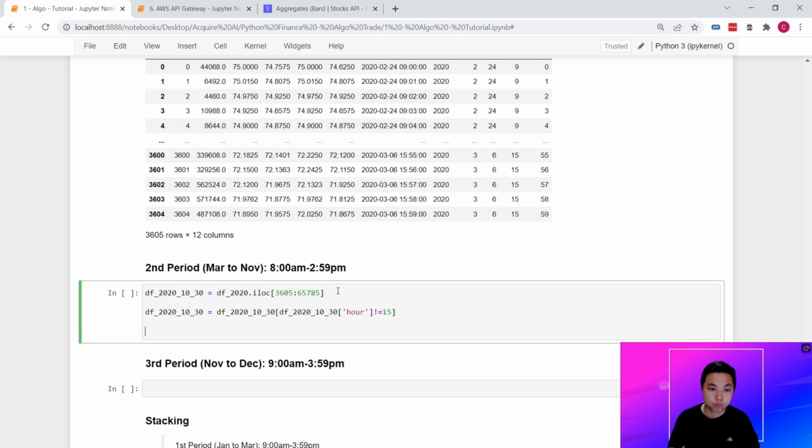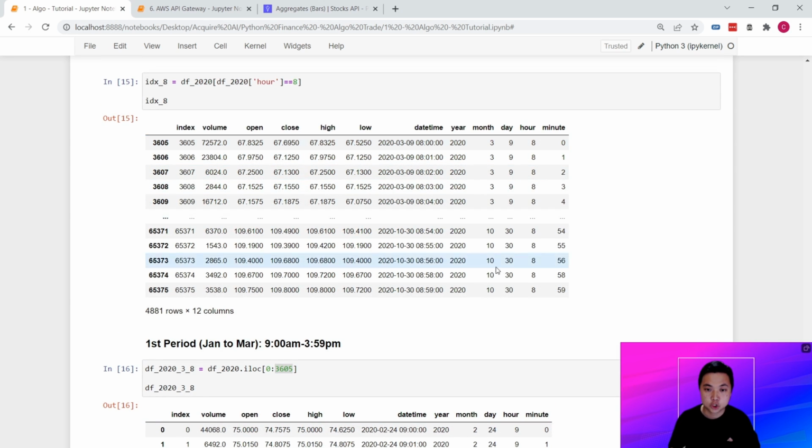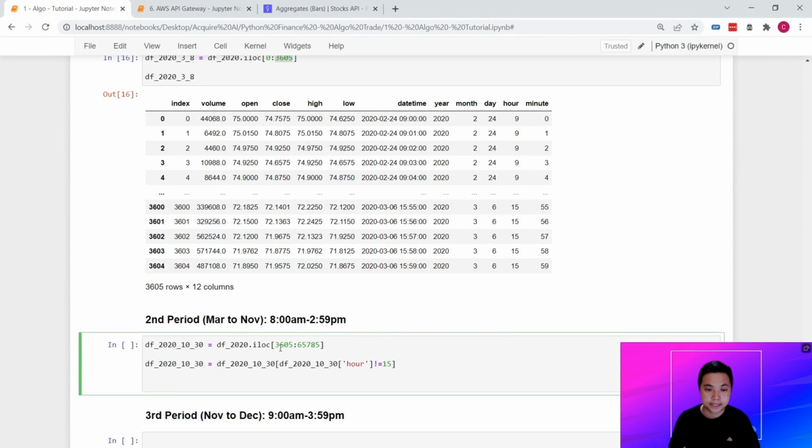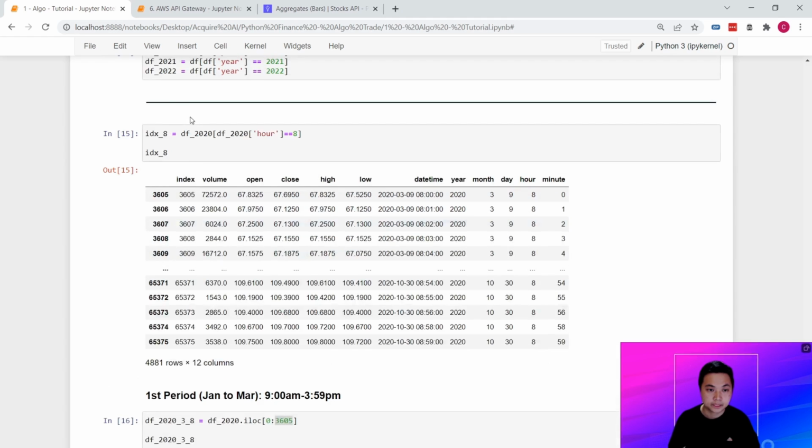Remember that once we capture all this data in the summertime, starting from March and going up to around the end of October, according to this index column,